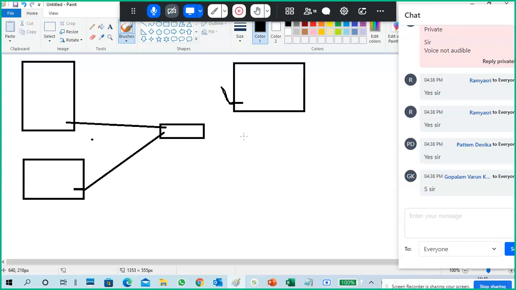Inbuilt Wi-Fi is there for a laptop, right? And when you are connecting to any Wi-Fi routers or access points, you establish a connection through radio waves. So this is also a NIC.